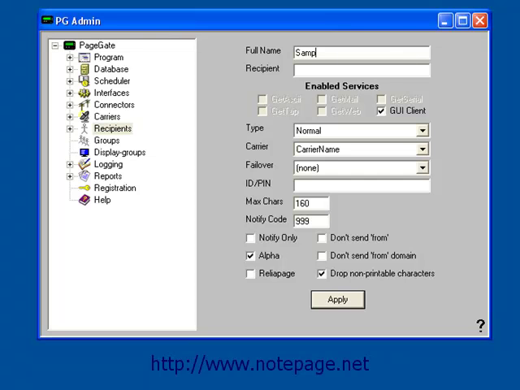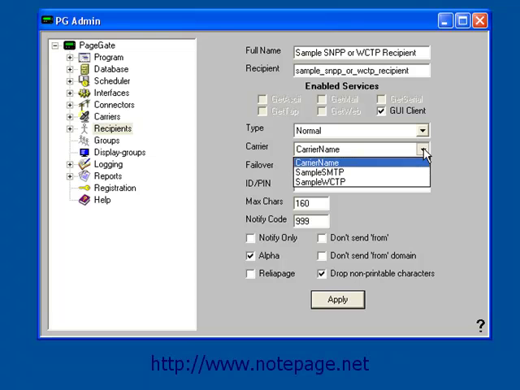You can name the recipient whatever you please. After entering the name, left-click in the recipient field and you'll notice that it fills this field in for you. The type should almost always be normal, so leave it there. In the carrier field, left-click on the drop-down arrow to view a full list of carriers that you have configured